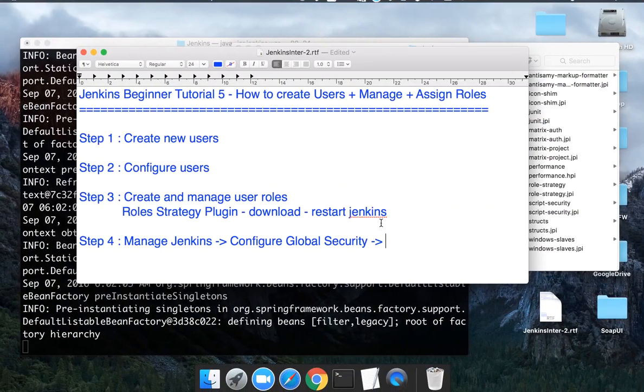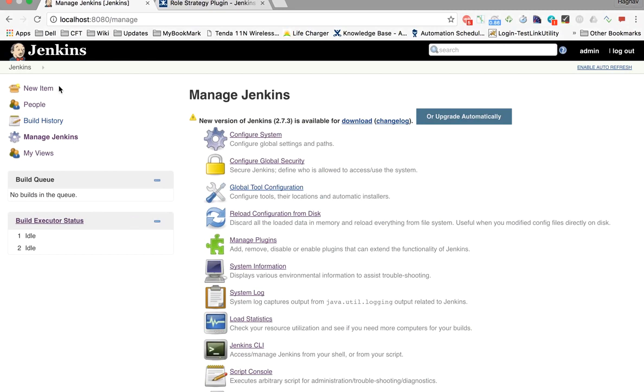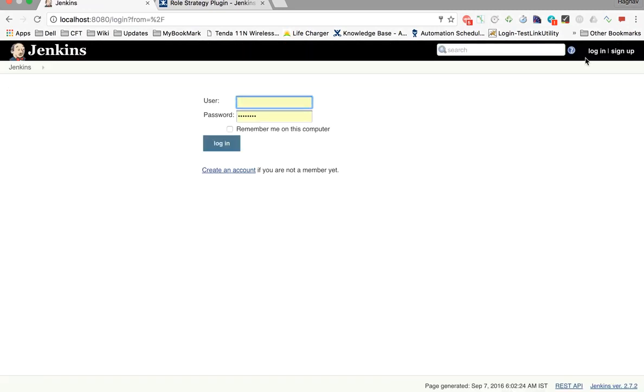Okay, so you have to select, inside authorization, role based strategy.